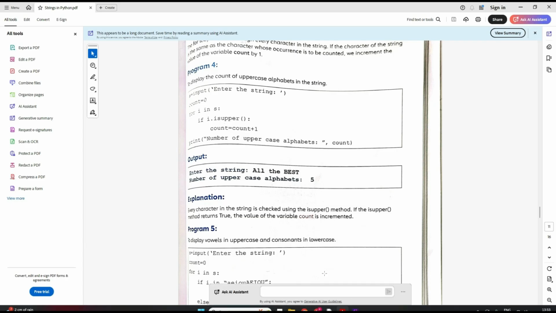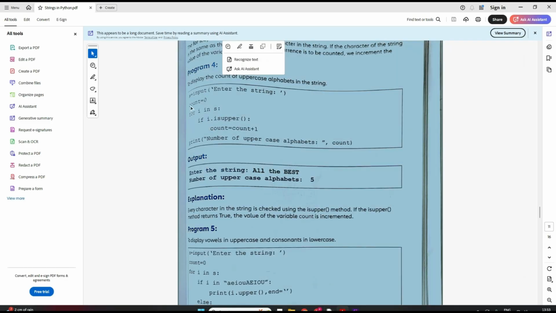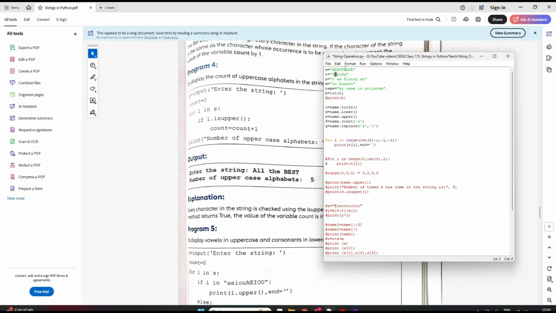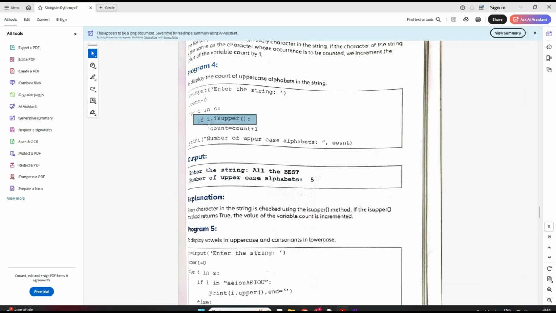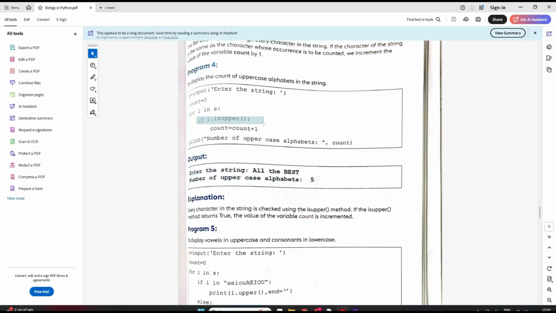It will go up again. Now I is L, which is lowercase. So is L uppercase? No. So the count still remains 1. It will go up here again. Now I is your Y, right? This is again lowercase. So when this check fails, it will not come to this line. So count still remains 1. It will again go up. Now I is your small I, correct? Now here this is again false. This is a small letter, so the count still remains 1 and it will go up.